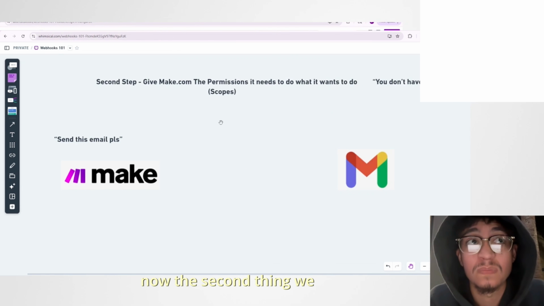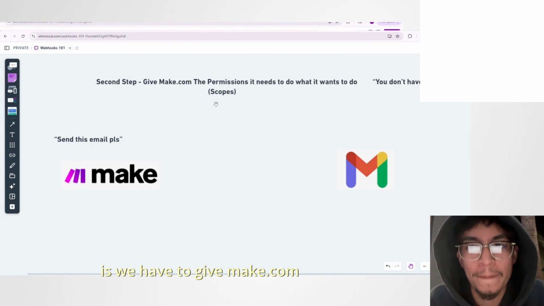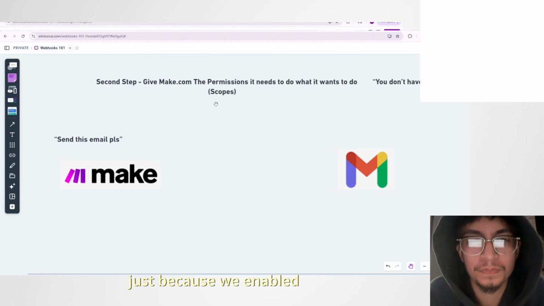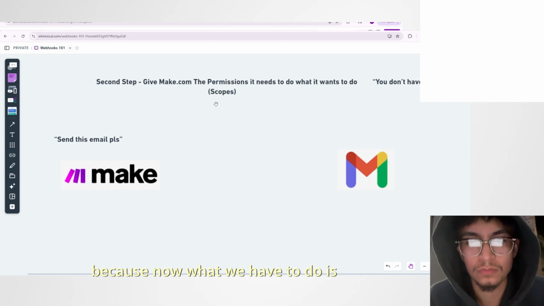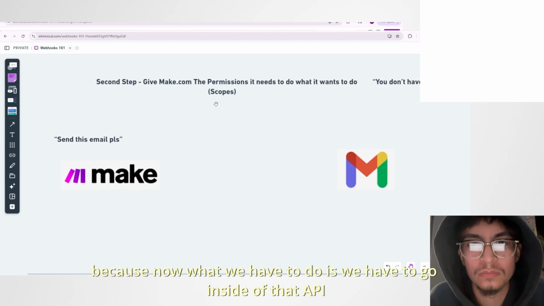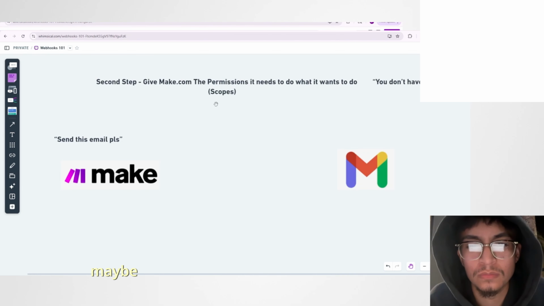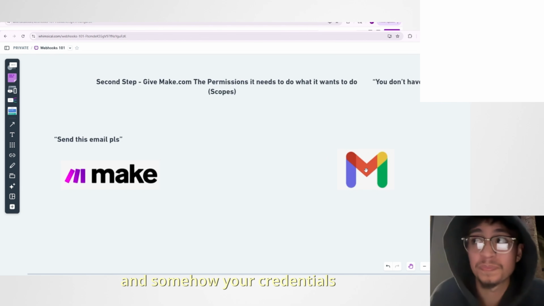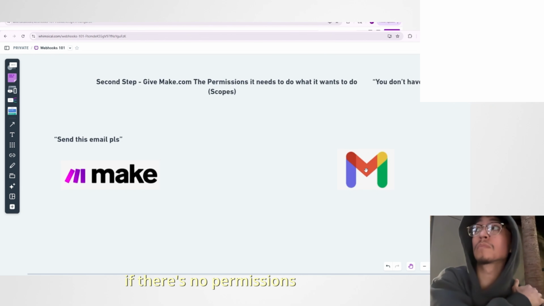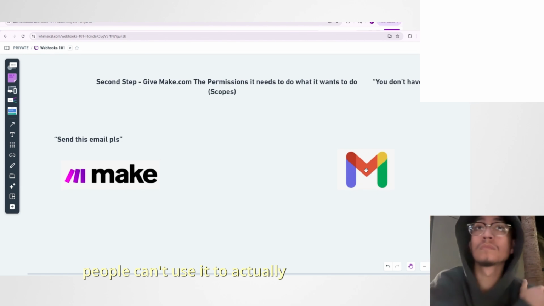Now, the second thing we have to do is give make.com the permissions it needs in order to do what it needs to do. Just because we enabled the API does not mean it's actually usable yet. Now we have to go inside of that API and give it permissions. Maybe I want it to only look at emails, and I don't want it to send. Or maybe I want it to do both, sending and looking at emails. This is done by design by Google, because let's just say you enabled an API and somehow your credentials get leaked. If there's no permissions behind that API, people can't use it to actually send emails from